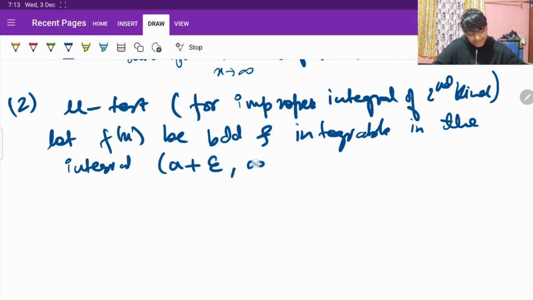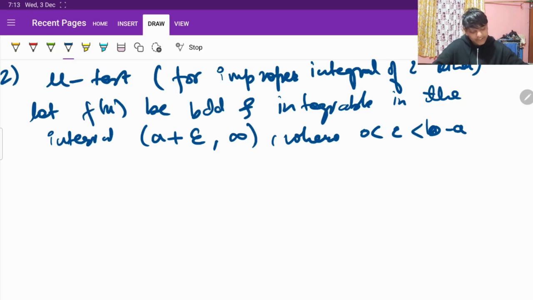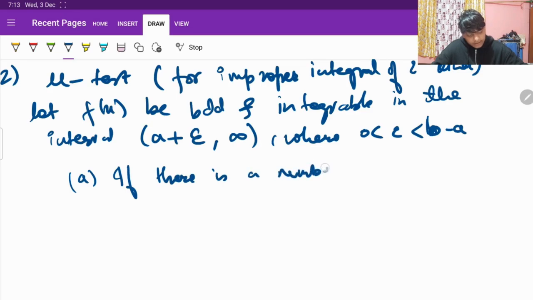a plus epsilon, infinity. Okay, so 0 is less than epsilon is less than b minus a. Obviously for this mu test, as I have already told you, the first condition will be, in this case, that we are going to remove the discontinuity by subtracting the value from the x. Okay, so first condition: if there is a number mu, 0 is less than mu is less than 1, such that my